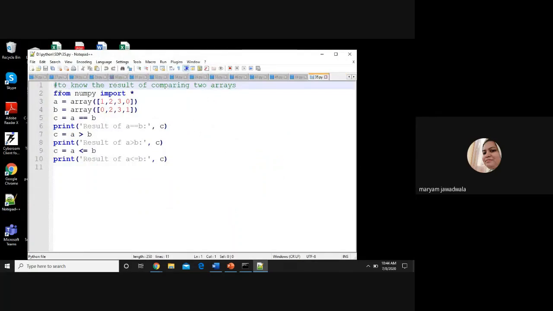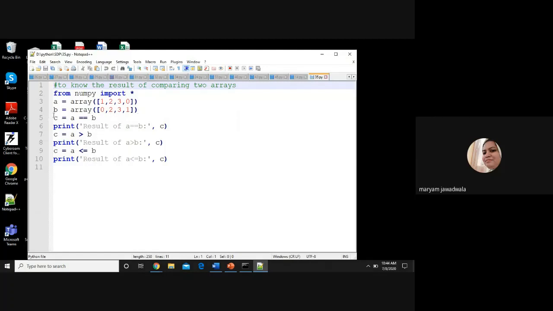First you need to import the NumPy module, and then I declare two arrays A and B using the array method. Array is one of the methods for creating a NumPy array. I'm giving 4 elements in array A, all integers, and B is again an integer array.